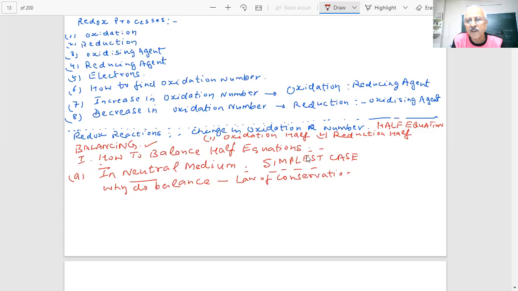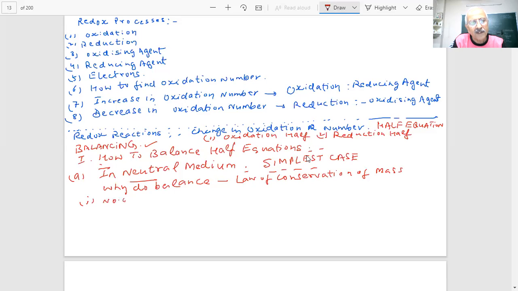The law of conservation will not be true then. Neither things can be created nor can they be destroyed. Atoms cannot be created or destroyed. Charges cannot be created or destroyed, but they can be transferred. In other words, the law of conservation of mass and the law of conservation of charge must hold true. What I'm trying to tell you, students, is that